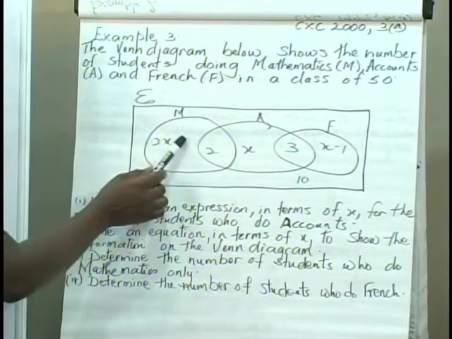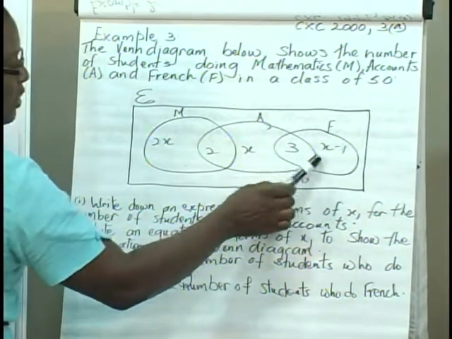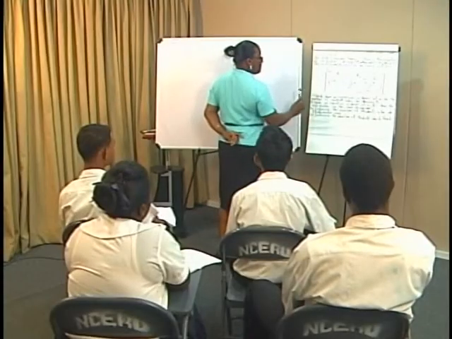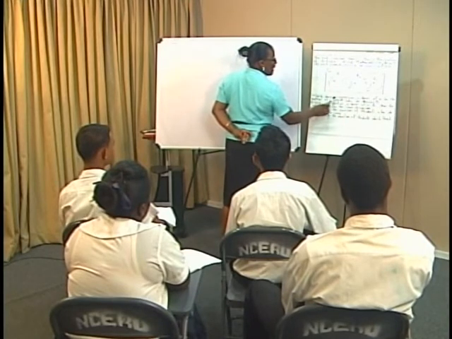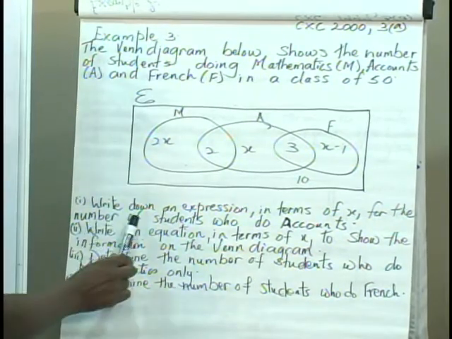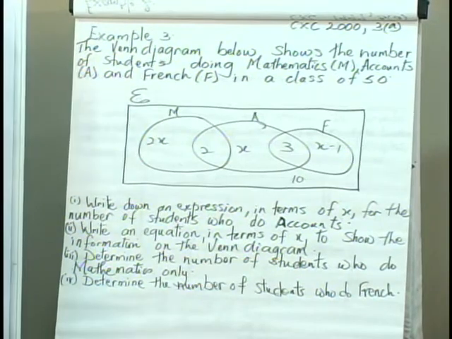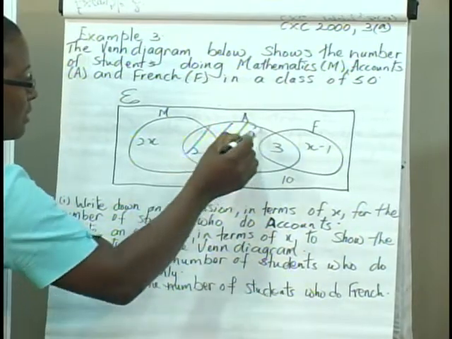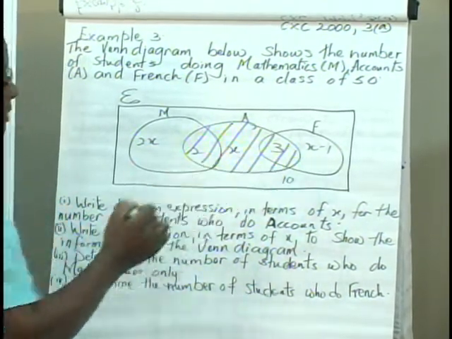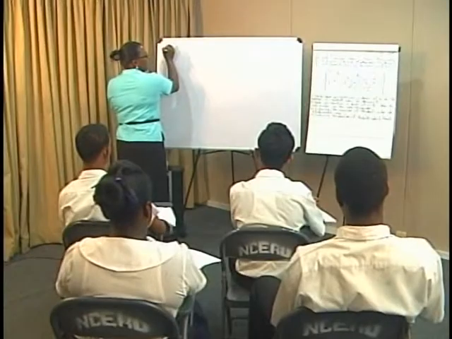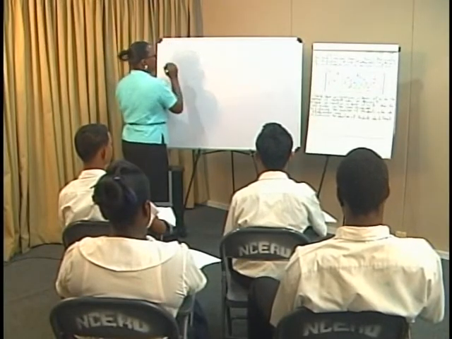So we see an x term, an x, and these are all x terms. We have 1, 2, 3 constants. The first question asks us, write down an expression in terms of x for the number of students who do accounts. So, let's shade accounts. And they want an expression. So, part 1, the expression would be